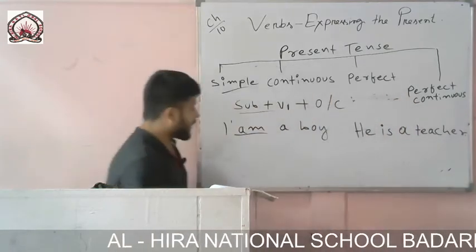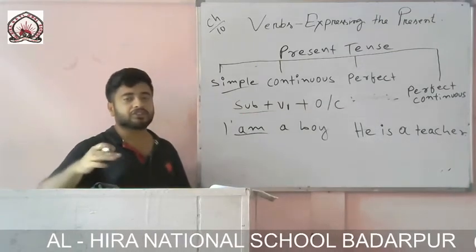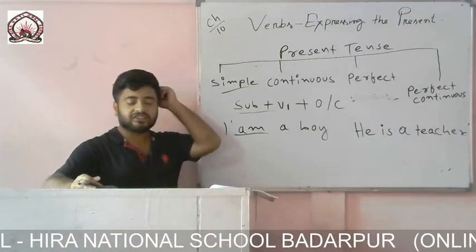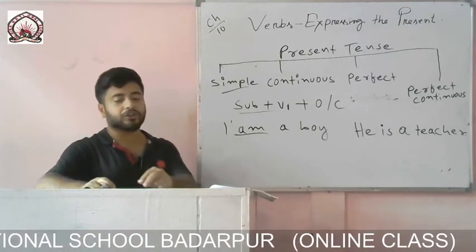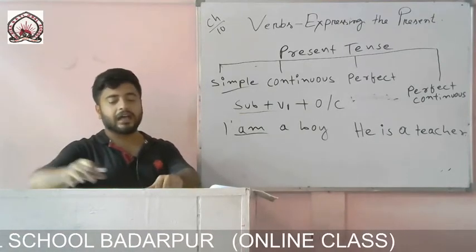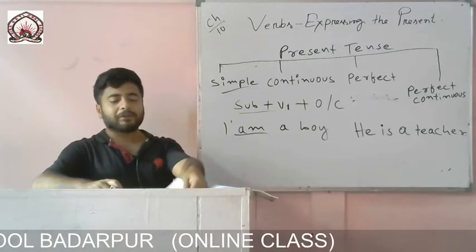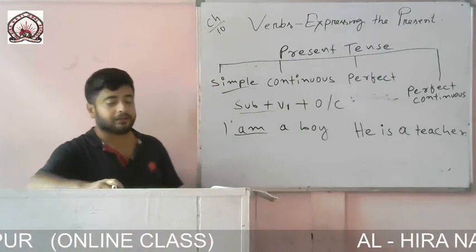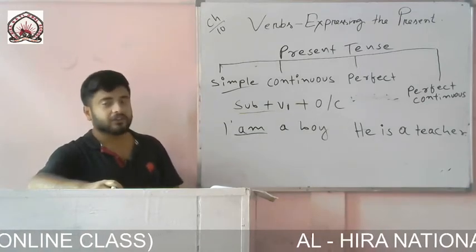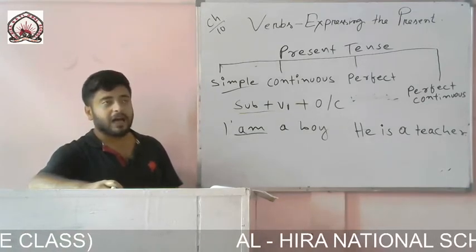So, I am a boy. Here, I am a boy, that means it is showing what? Am is showing existence. And he is a teacher. This is also showing what? Existence. Now verb be and verb have or has